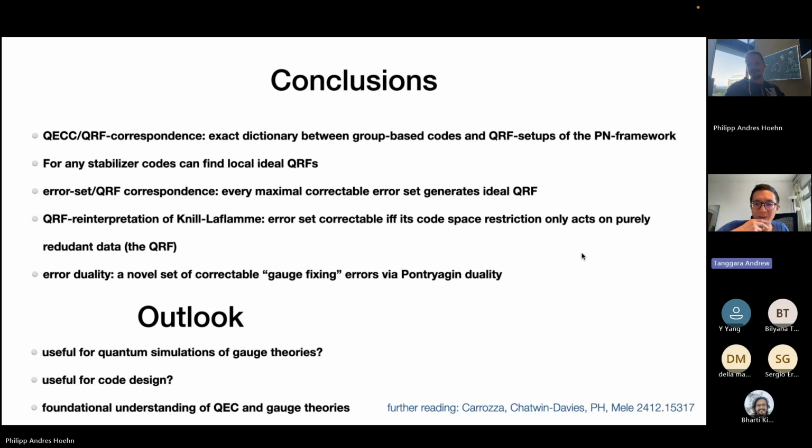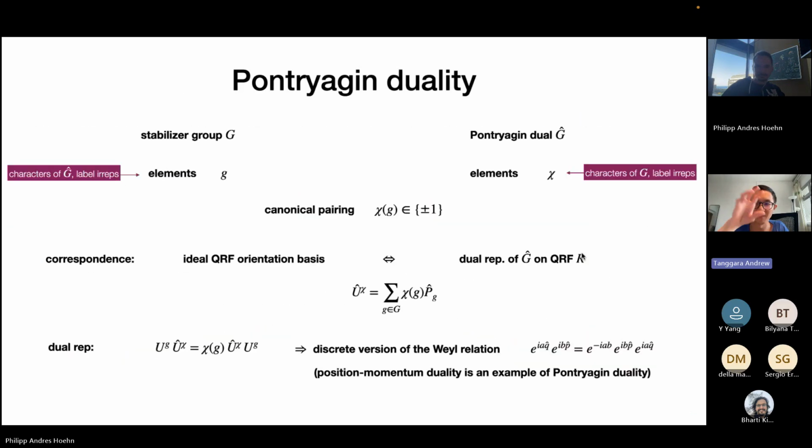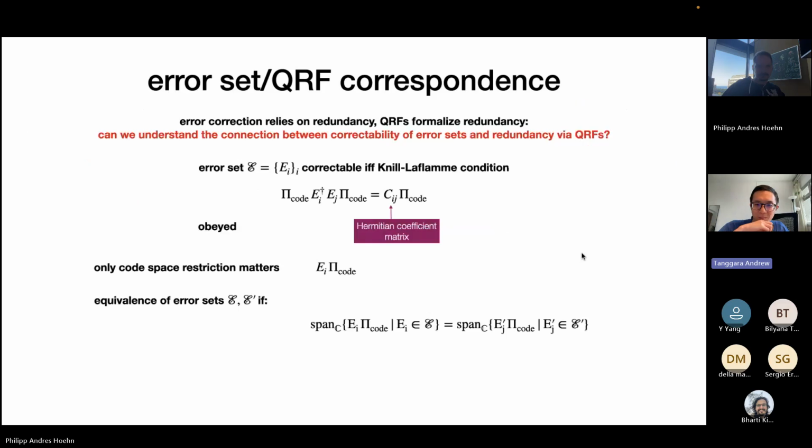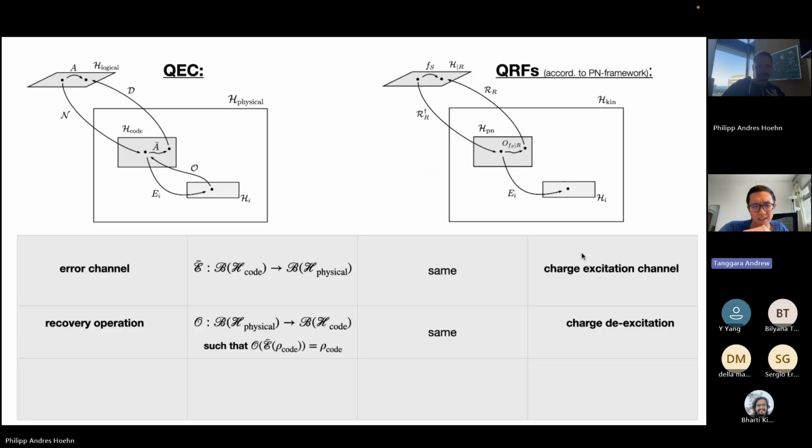So basically, what happens there is that you keep your logical subspace fixed, but then you can somehow change your encoding and decoding map, where the original logical space will be kind of different, but